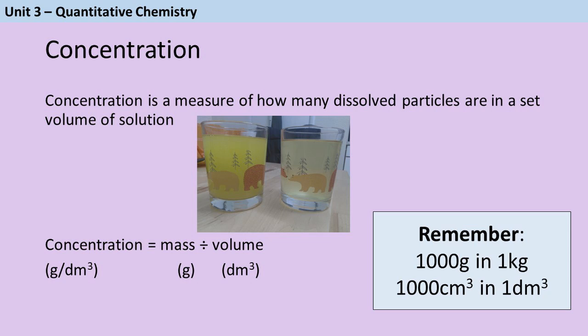And quite often you might get a sneaky question where they give you the volume in centimetres cubed and expect you not to notice, so make sure you keep an eye out for that one. Now if you know that the units are grams per decimetre cubed, with that slash there in the middle, well, hopefully you know from maths that slash is really a divide sign. So what we've got is grams divided by decimetre cubed. Well, grams is a measure of mass and decimetre cubed is a measure of volume, so we're doing mass divided